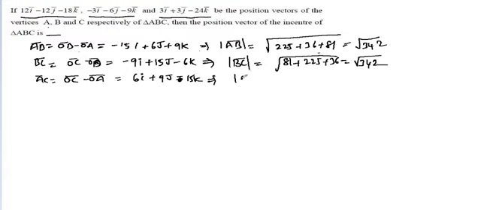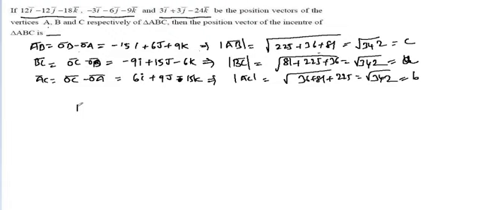That implies modulus of AC bar is equal to under root of 36 plus 81 plus 225, that is equal to root 342. So all side lengths are equal. This is the length of small c, this is the length of small b, this is BC bar, which is small a, and this is AB bar, which is small c.